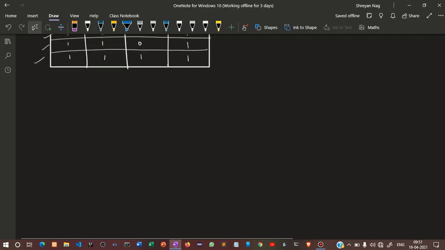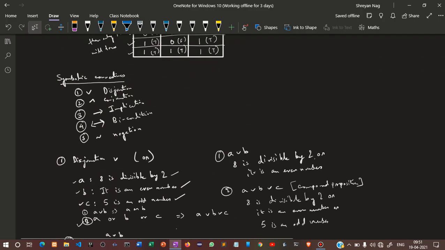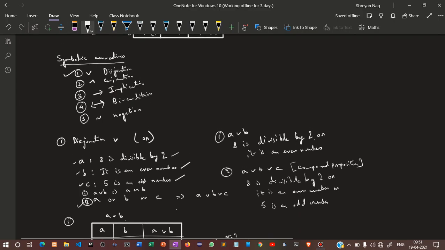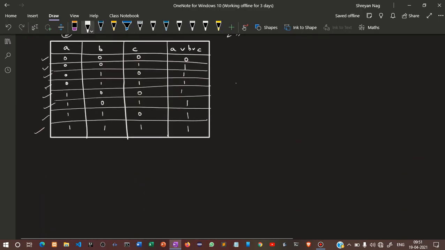We discussed conjunction and disjunction. So today we will be focusing on conjunction. Disjunction has been done. Today, conjunction. Conjunction says that where we use the term "and." Conjunction is shown by the reverse V symbol, or the dot symbol.